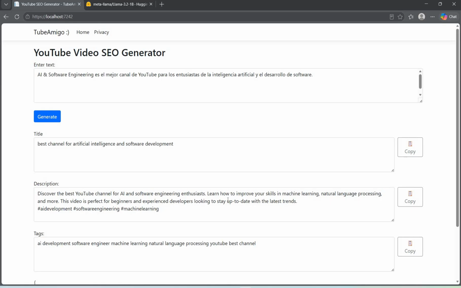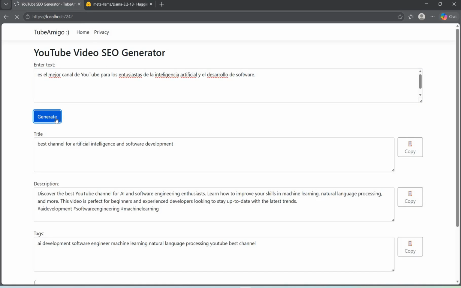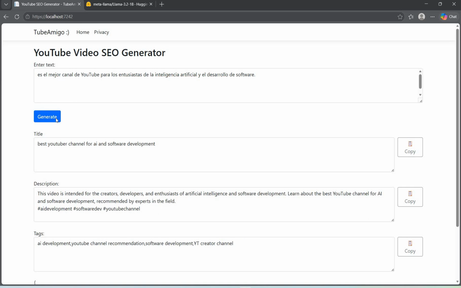There are no Spanish words at all. But if you remove that, the model is going to find out that this is really text in Spanish and is going to translate to Spanish. It's not so smart as to read the whole sentence and find out that this is Spanish and translate to Spanish.